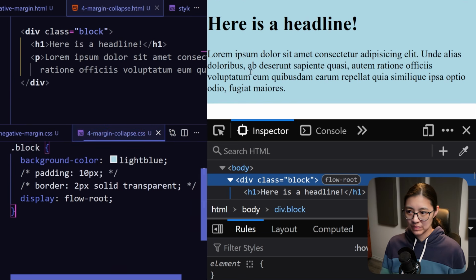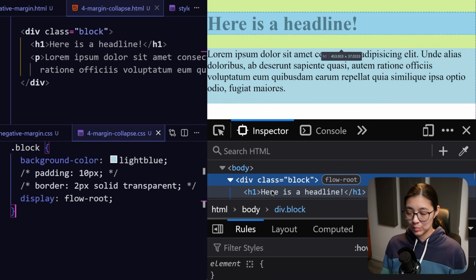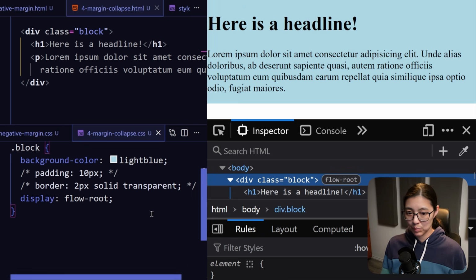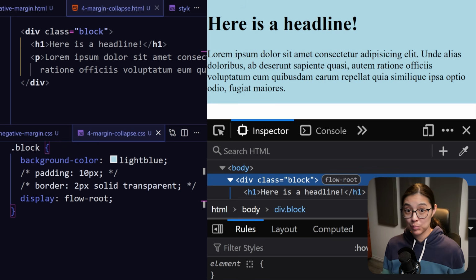When we save, now the top margin is not extending outside of the block anymore. And adding display flow root creates something called a block formatting context. And this is honestly just a very confusing way of saying that it's going to force things like collapsing margins and also the old CSS floats that its children might have back within its bounds. So display flow root is a solution to margin collapse, but personally, as an alternative, I try to avoid using